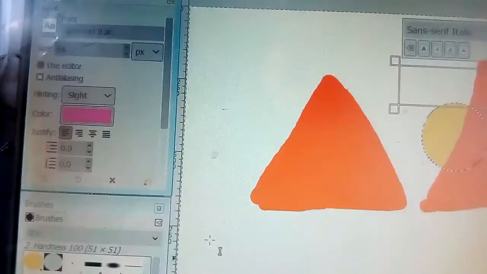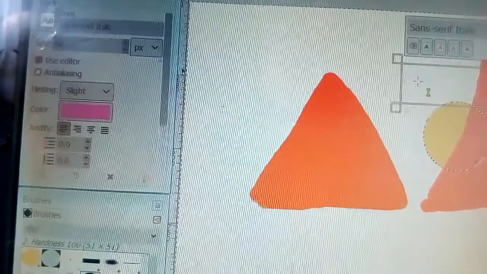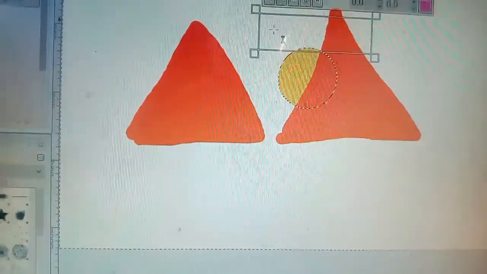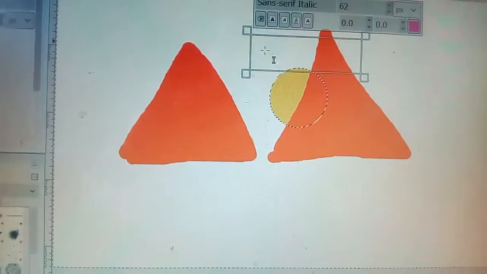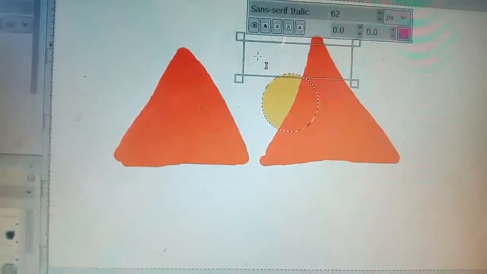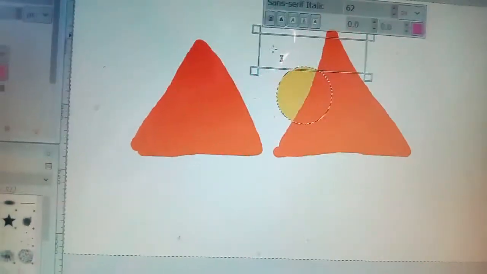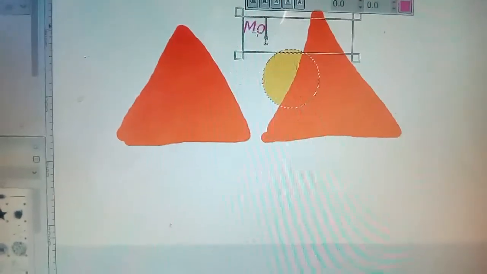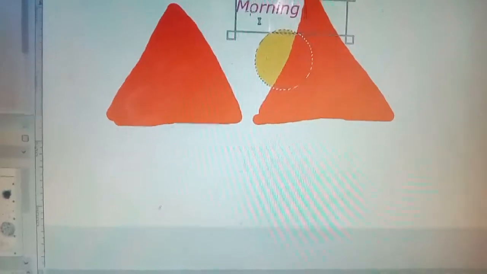Now you can write over here whatever you want, suppose sun, mountain and sun, or morning beauty, whatever you want. Okay, so in this way you can write.